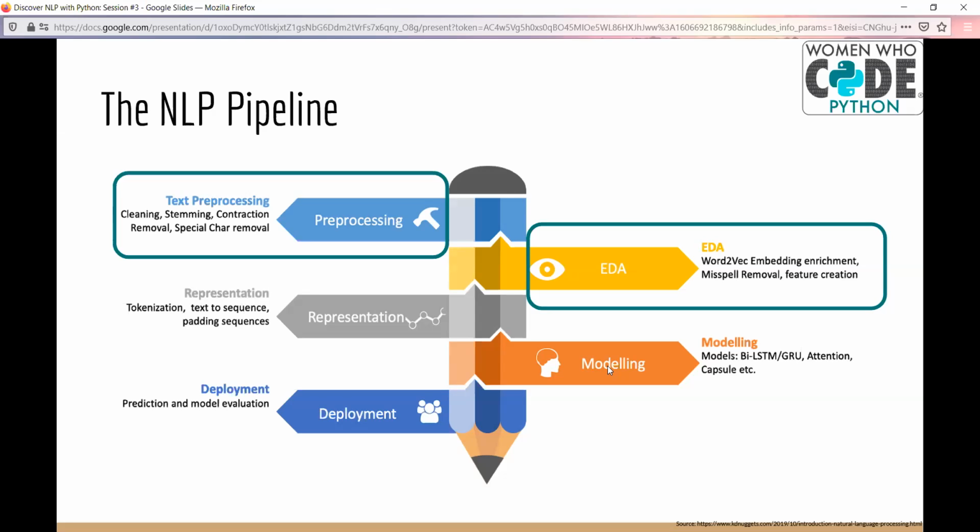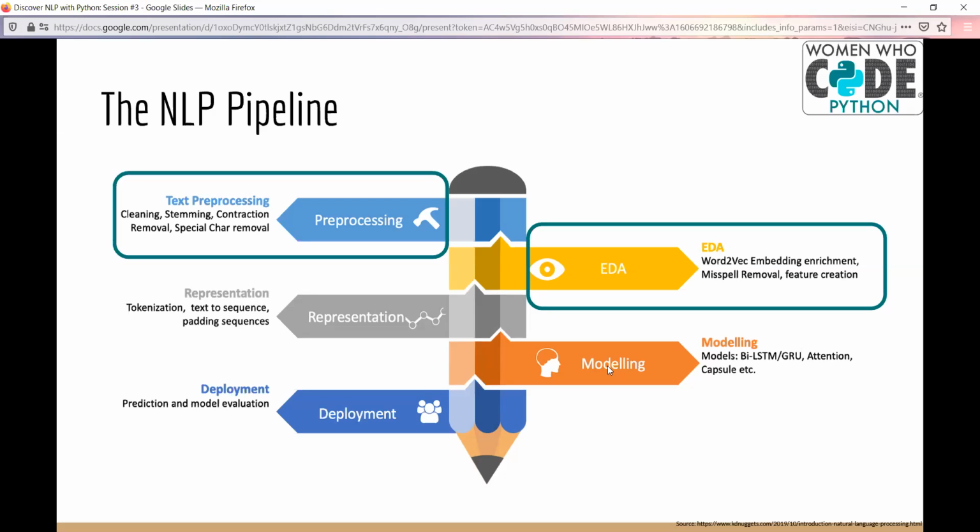Then we perform EDA, which is exploratory data analysis, in which we essentially see how the structure of the data is, what the distribution of the labels is, how our data looks, so that we can find anomalies and we can find patterns in the data, and we can visually see how our data is in real. And then comes the representation, which is nothing but word vectorization,